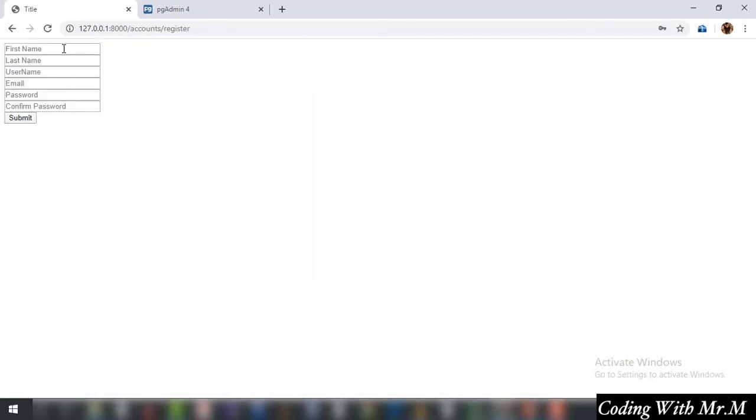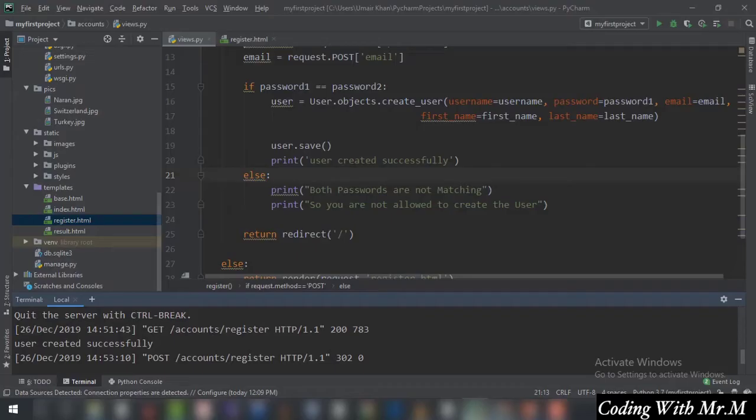click on register, and let's say this time the name is John. Let's say the last name for this is Wick, and let's say the username is going to be John Wick, and let's say the email is johnwick@gmail.com, and let's say the password is 12345, and in the confirm password you just type in the wrong password, that is 123456789. So as you can see that these two passwords are not matching, and according to these if